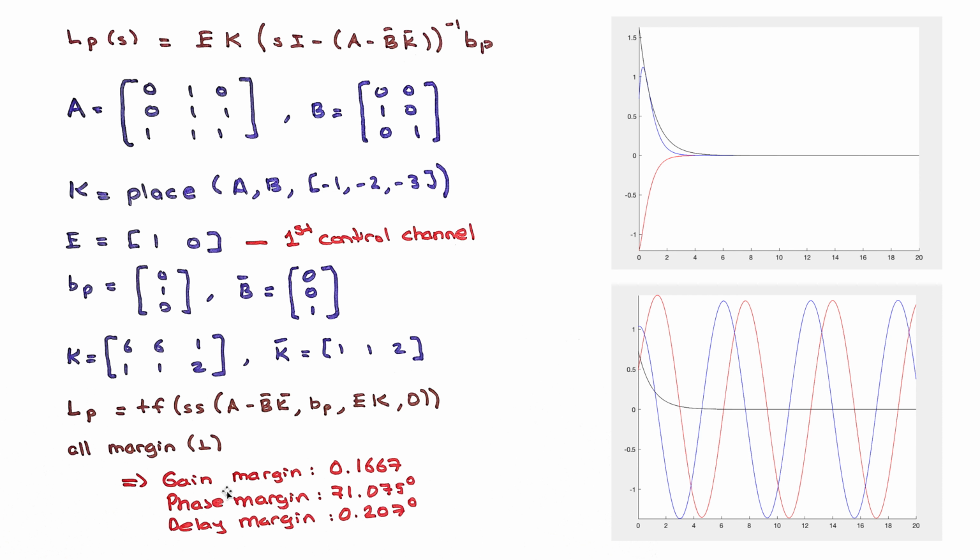If you go to the first channel and inject the delay of 0.207 seconds, you are also going to have an unstable system response. To make the long story short, margins wise, you can decrease the gain of the first channel up to 0.1667, and the system will behave, so you're not going to lose stability if you don't decrease it more than this. Likewise, that first control channel can tolerate time delays up to 0.207 seconds. So this is how we read